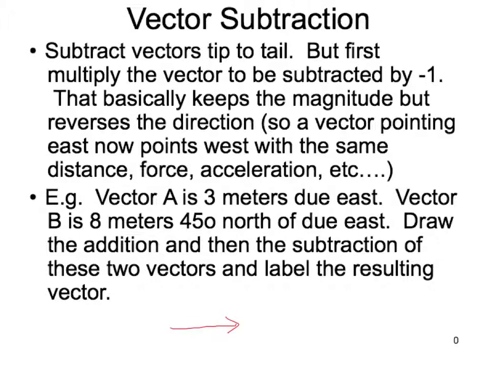Okay, that's vector A. And then I'm going to go 45 degrees, 8 meters north of due east. Okay, if I kept going east, it would be like this, but I'm going to go 45 degrees north of that. The resultant vector then is going to be right there, and that's the resultant vector. Now if I were to subtract those,